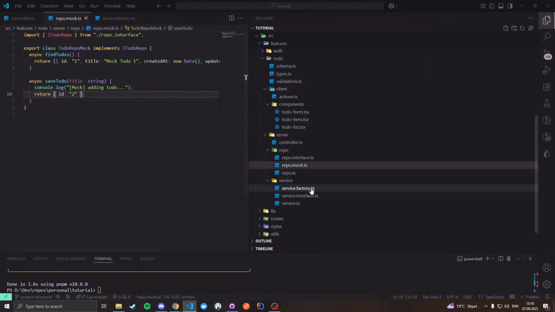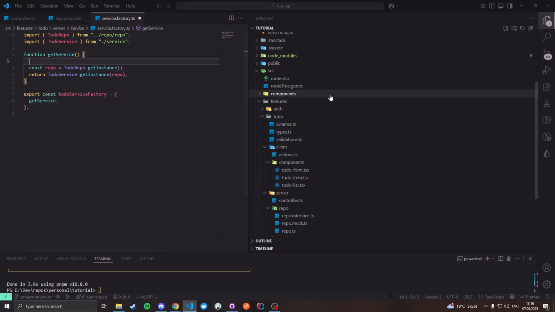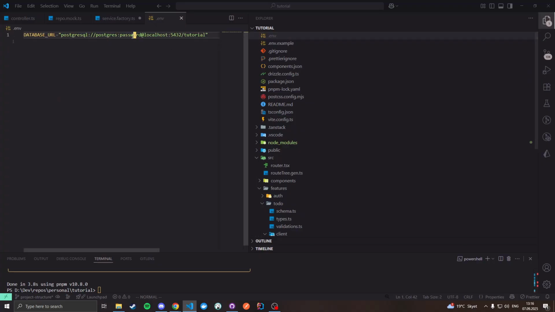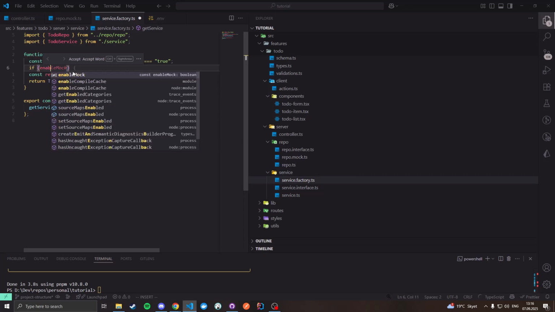And then inside the service factory, what we could do is have a flag, for example, in our environment file up here. We can create an enable mock. We can set this to true or false. So let's set it to true for now. Then inside our factory, we could get the enable mock. Then if enable mock,